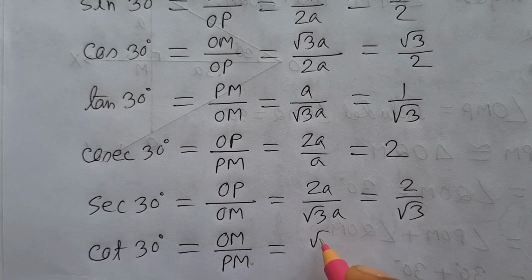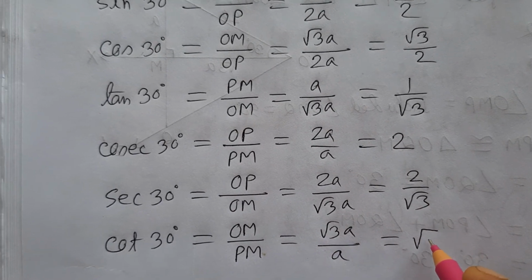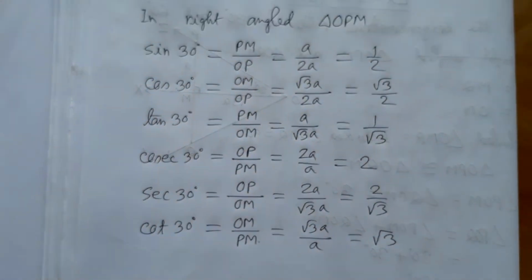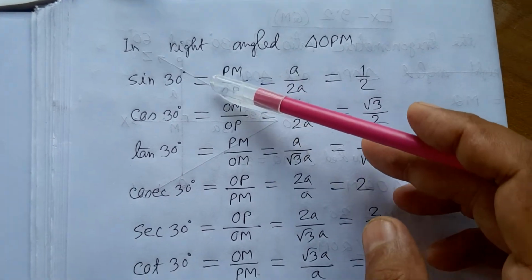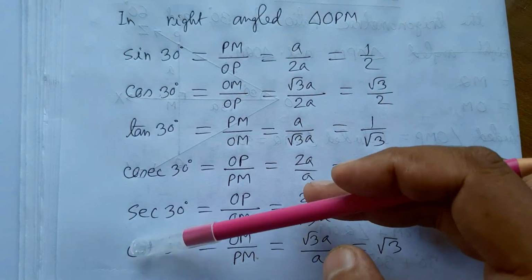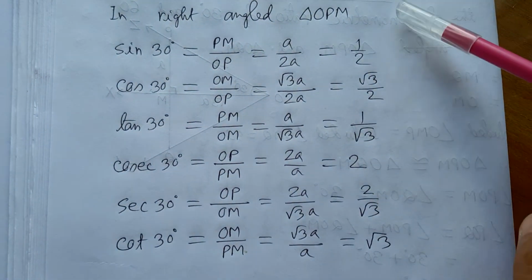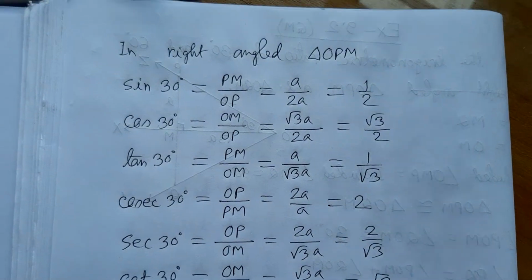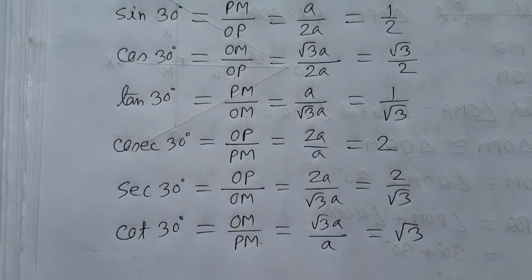OM means root 3A and PM means A, so finally it becomes root 3. So we have just finished the trigonometric ratios of 30 degrees. We know there are 6 trigonometric ratios, and these are the values of those 6 ratios for 30 degrees. Now if we go for the trigonometric ratios of 60 degrees,